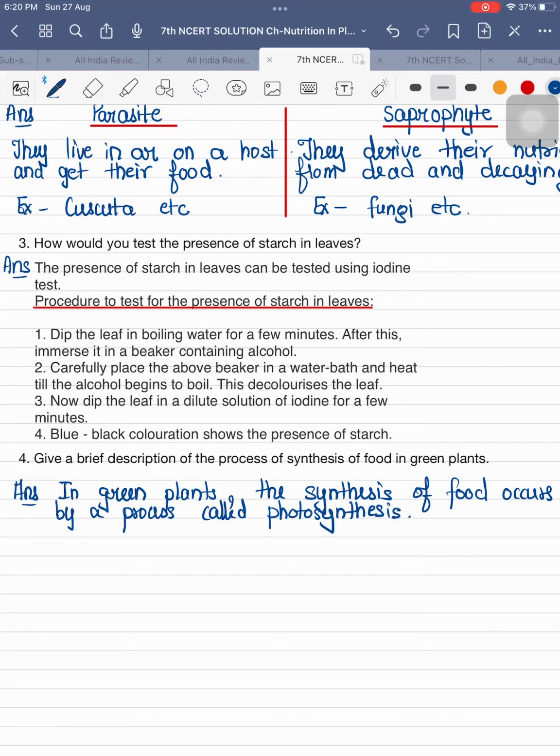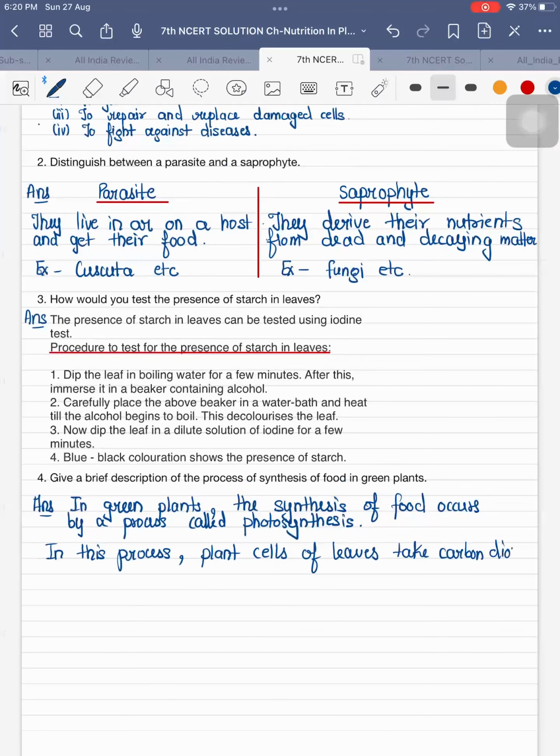In this process, plants, plant cells of leaves take carbon dioxide from air, water from soil and put it together